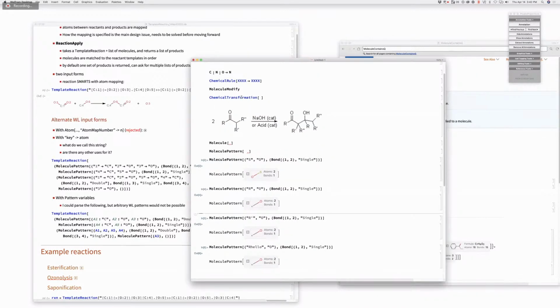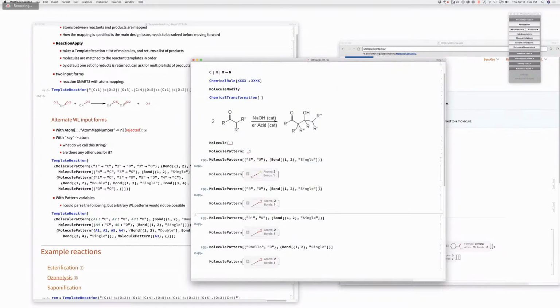Well, let me save this before we lose it completely. Oh gosh, where do I have the chemical structure? I don't know. Okay, so